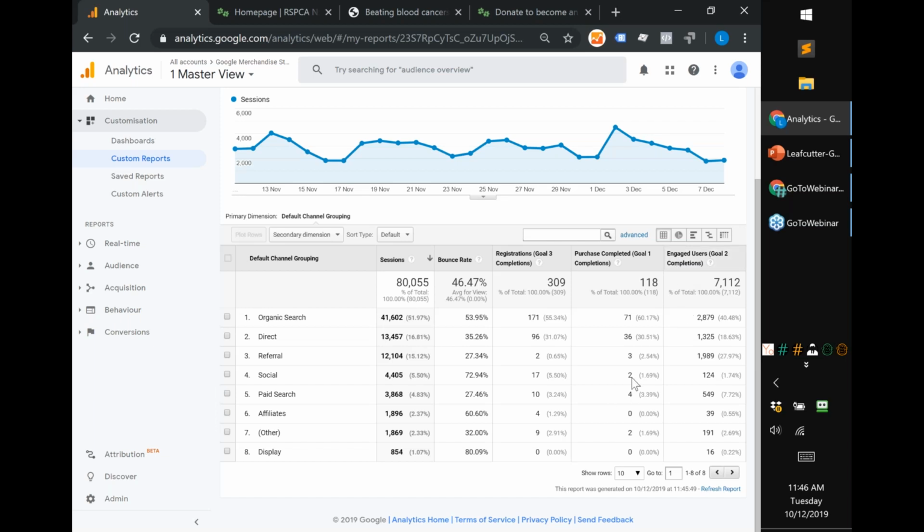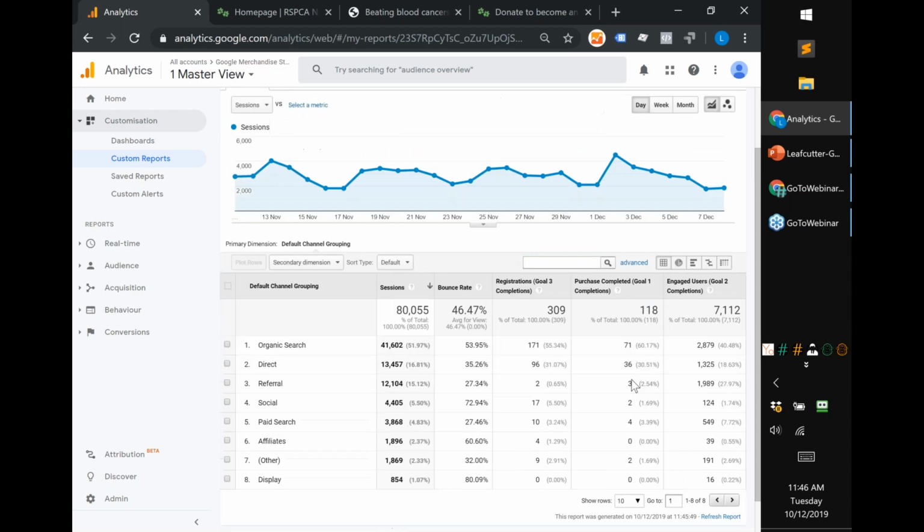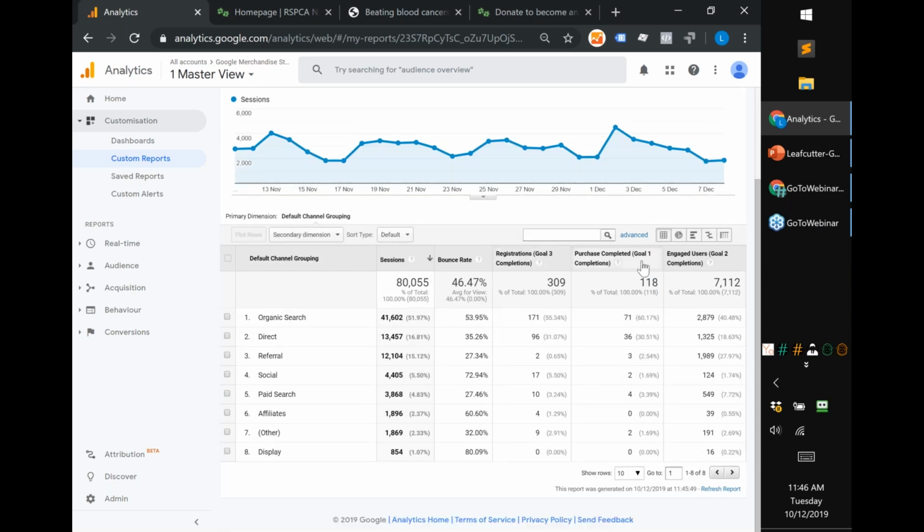Now, one of the benefits of custom reports, which you might notice, is that I don't have to switch between the goals like I do in the default report. The default report just has the goals as a drop down on the end, and I have to switch between them to see how many times each one was completed. If I want to see these completion numbers side by side, like goal 3 next to goal 1, I can do that only through the custom report, and especially to have this breakdown by channel as well.